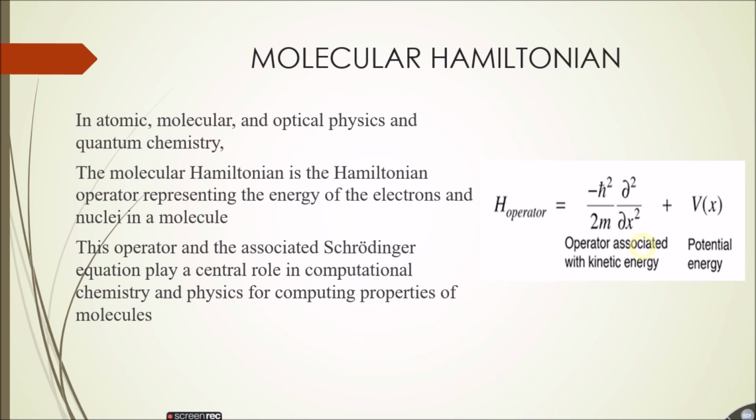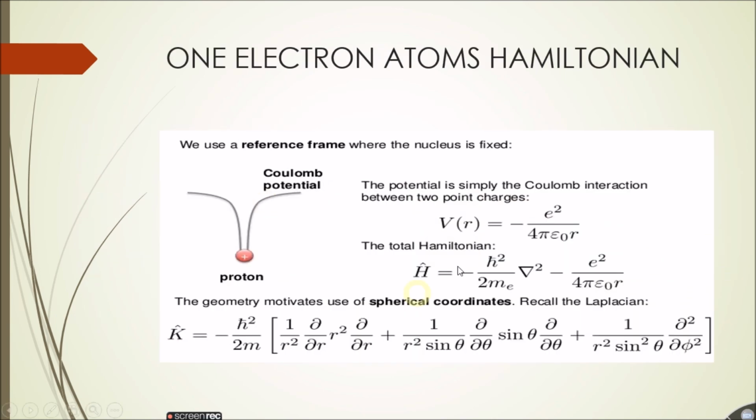So we will be discussing all the different types of Hamiltonians available and how they can be implemented to solve certain problems. Here you can see the one electron atom Hamiltonian, where the nucleus is fixed and the electron alone is assumed to be moving. You see the potential energy, that is V(r), written like this, and this is your kinetic energy. Your kinetic energy and potential energy put together will give you the total Hamiltonian, that is the total energy operator for the molecule. This is in the case of a one electron system, which is very simple to write.